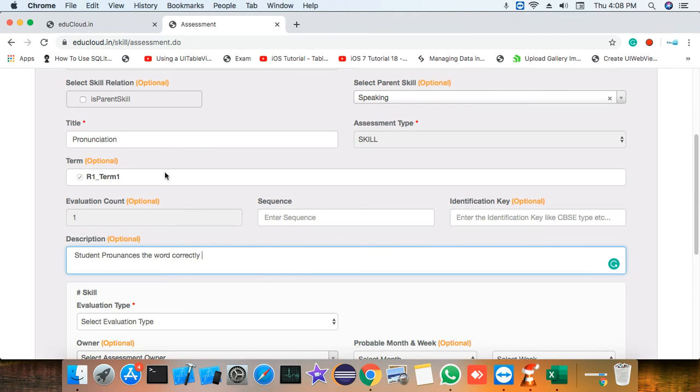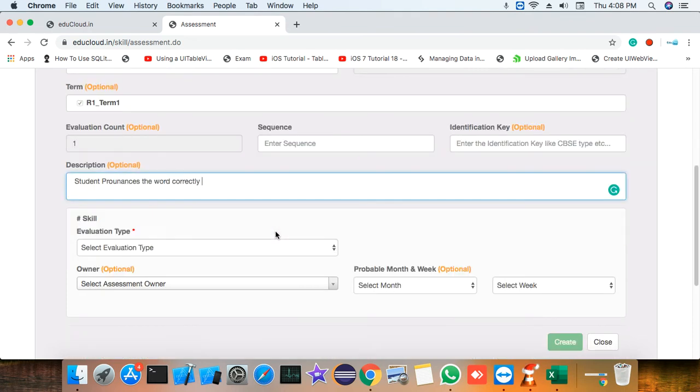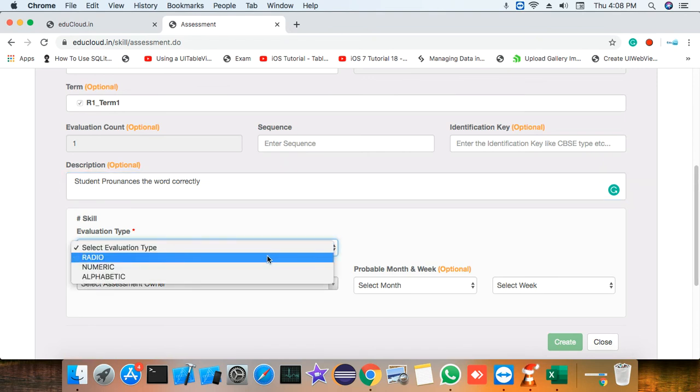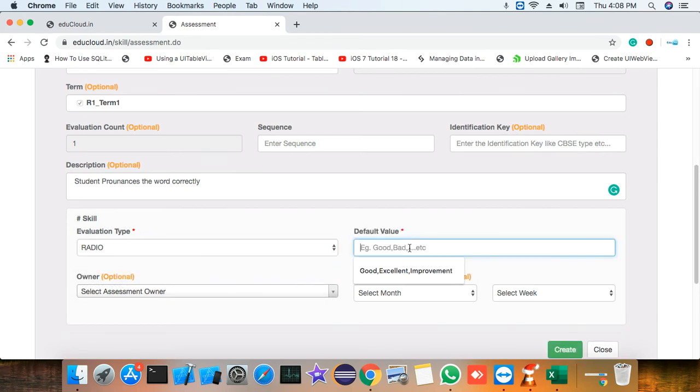So this is our description for our pronunciation. Now evaluation type, say video, but if you want to evaluate with radio button type, say radio button, you can enter all these values like good, excellent, improvement,